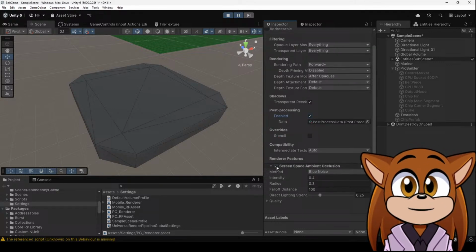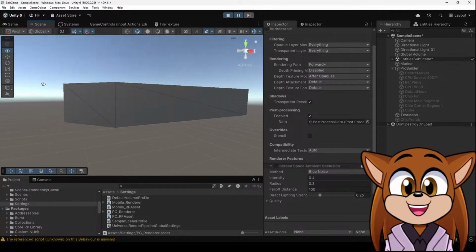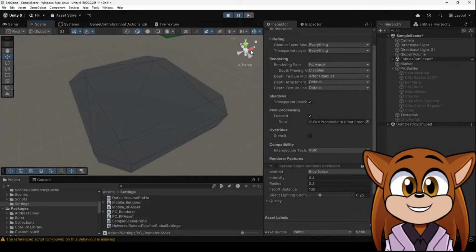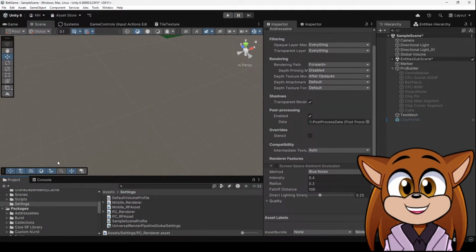Screen space ambient occlusion. There it is. That's what it is. That's what's making everything look weird. Okay. That's what I need to change. Screen space ambient occlusion. Okay, cool. I think that can probably be left alone, but I've mucked about stuff on it now, so